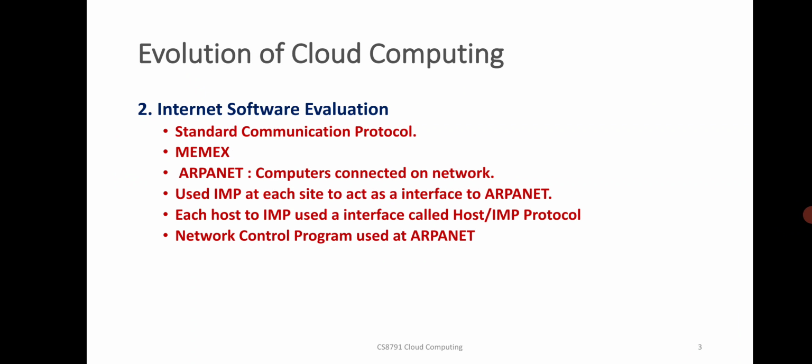Second thing is internet software evolution. First, in the beginning, for communication they used standard communication protocol. After that they used MMX. ARPANET means computers connected on network. Then IMP will be used. IMP at each site to act as an interface to ARPANET. Each host to IMP used interface called host IMP protocol. Network control program used